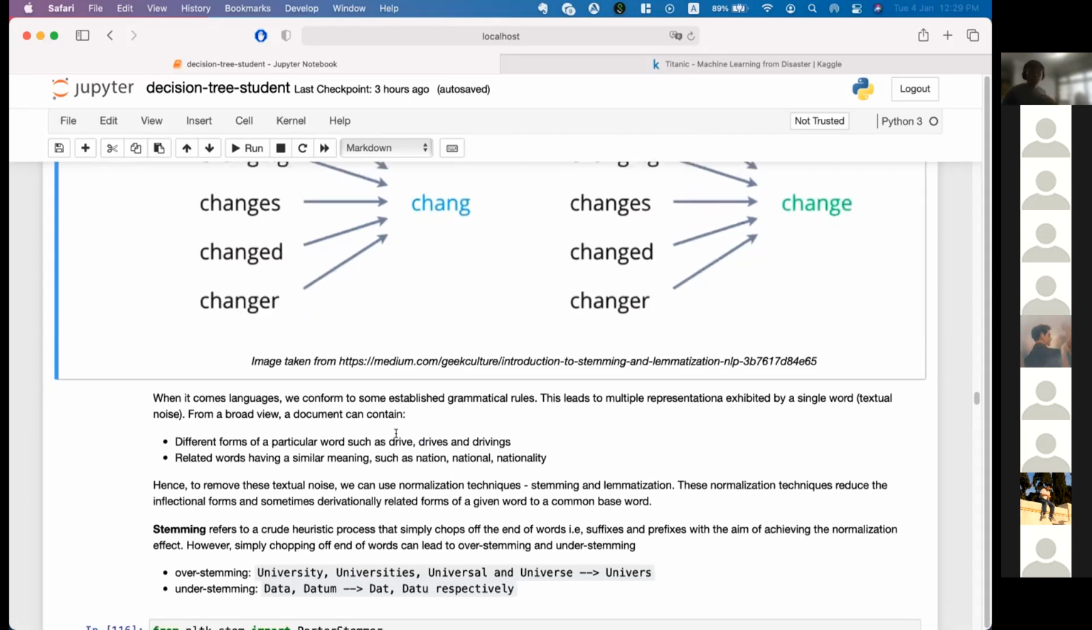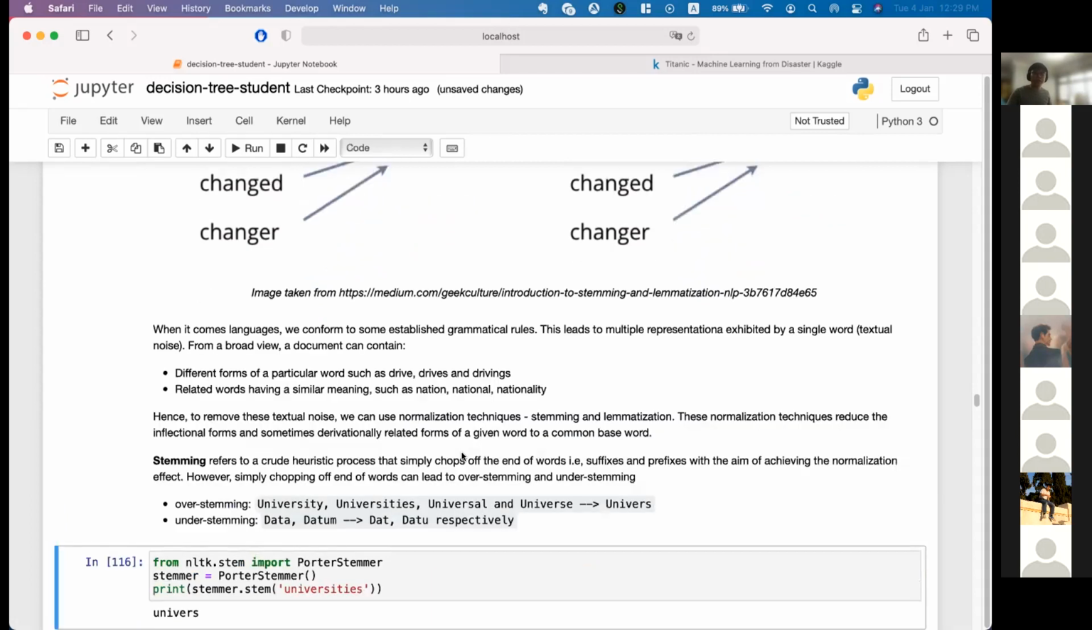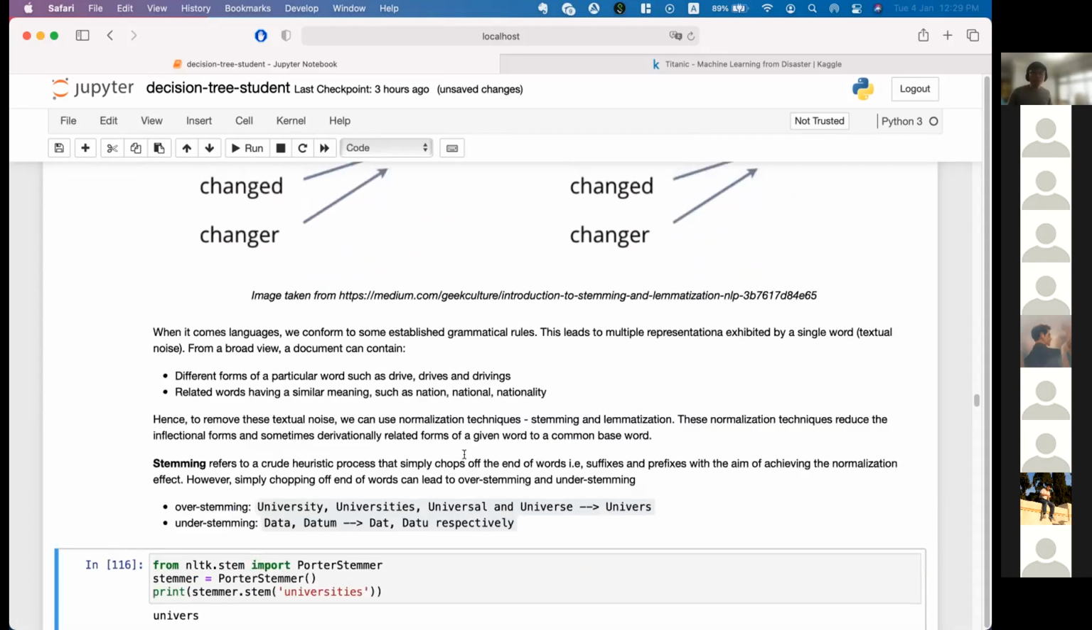Okay. So the idea here is that because language has established grammatical rules, a document can contain different forms of words, which are derived or related words having the same meaning, like nation, national, and nationality. So to remove this textual noise, we can use normalization techniques like